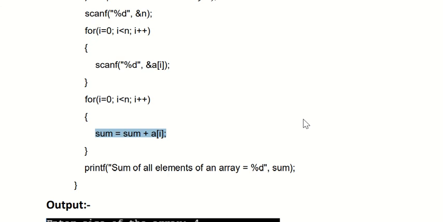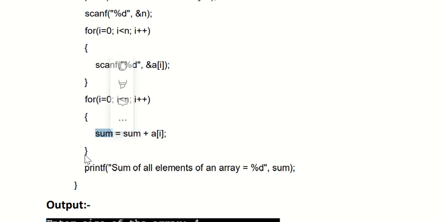Right now the value of i is 1, which means a[1] here. And plus sum, this is not 0. Do not consider sum as 0 now, because we are inside the for loop the second time, so you have to consider the latest value of sum. Likewise the third time, fourth time, fifth time, we will get the latest value of sum.